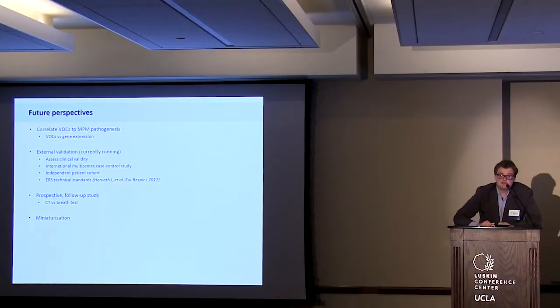So what we are currently trying to do is first correlate these compounds with the pathogenesis of mesothelioma. So again, extending our in vitro research, looking for new biomarkers, including more mesothelioma cell line cultures and pleural effusions. And what we started a month or 3 ago is the external validation of our breath test. So we are now including an independent cohort of mesothelioma patients and asbestos-exposed persons to validate our test, to see how well the test predicts who will get mesothelioma or not.